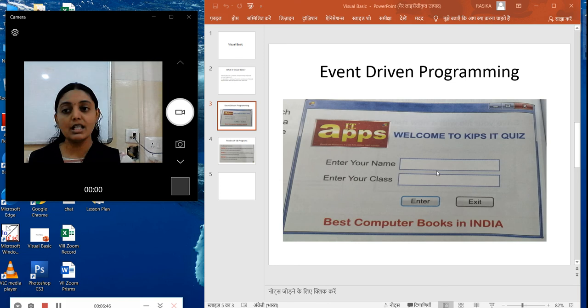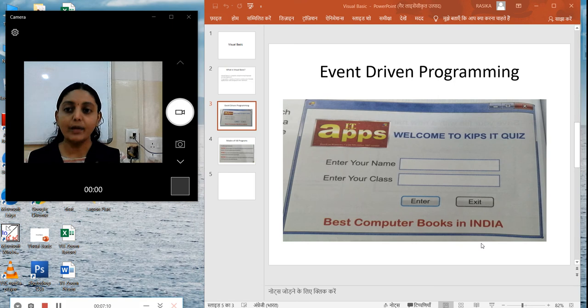So enter means what we are going to do? We are going to enter into our application. Exit means what? What is the meaning of exit? We are going to exit from our programming. So these two applications are very different. So it depends on us which we are going to choose. So it is said that in event driven programs, we have the authority to choose our sequence. So any sequence can be chosen by us. Understood everyone? This was an example given in our book, along with any example can be given.